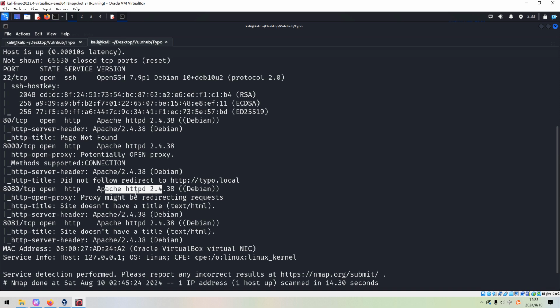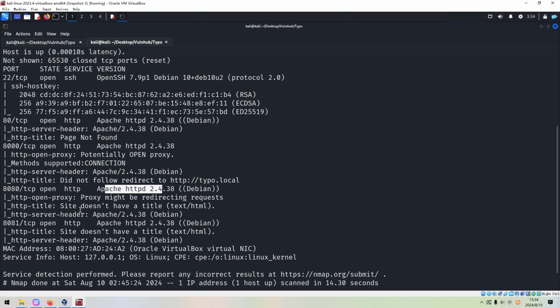I think all of the HTTP services are running the same version of Apache 2, okay? And the last one is 8081. So I think it's very important to use the option -p-, otherwise some open port numbers cannot be recognized or discovered as we expected, okay?